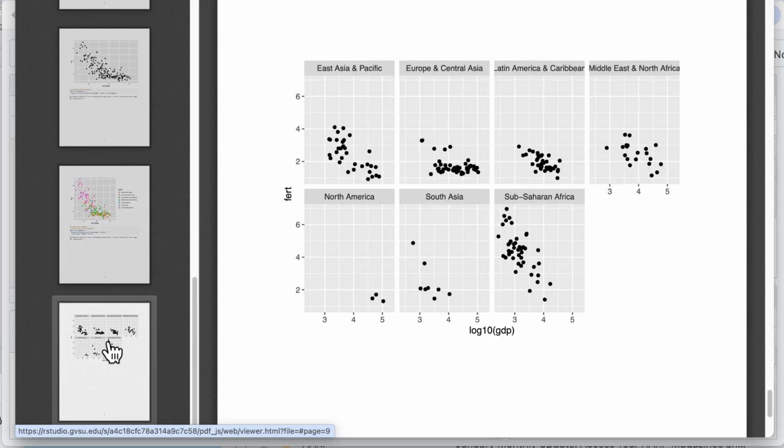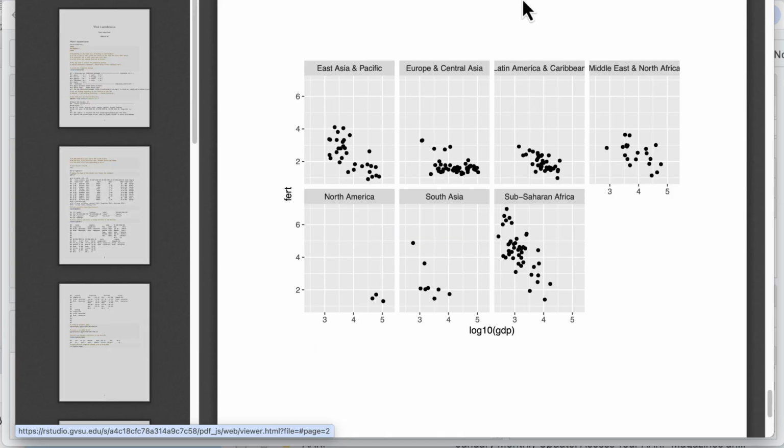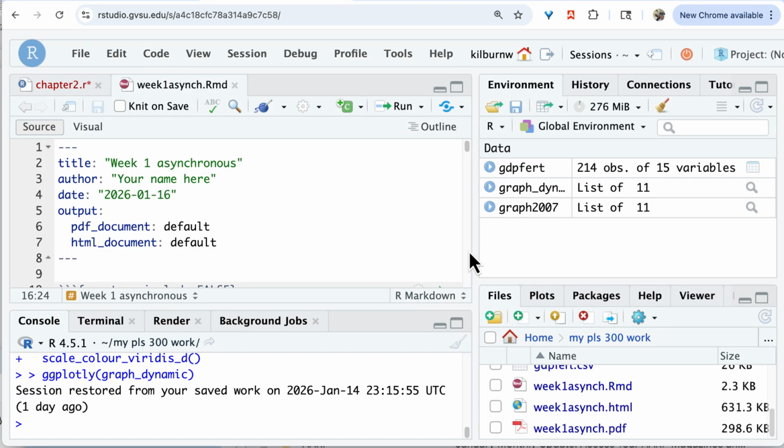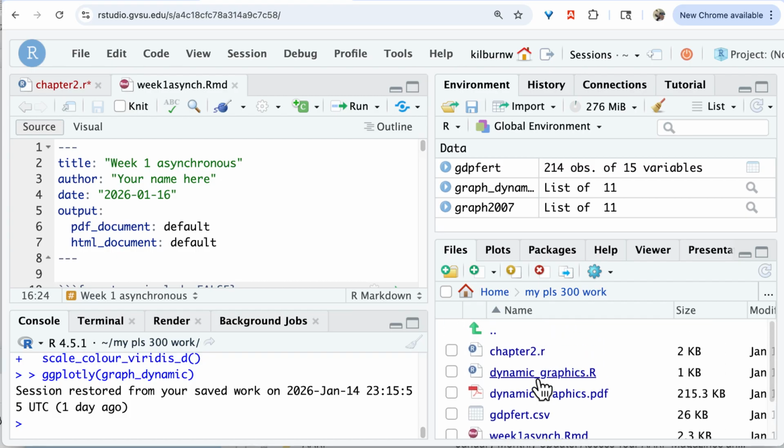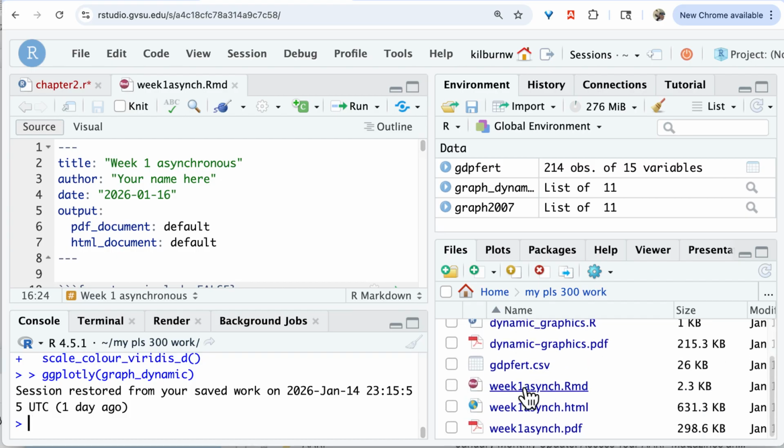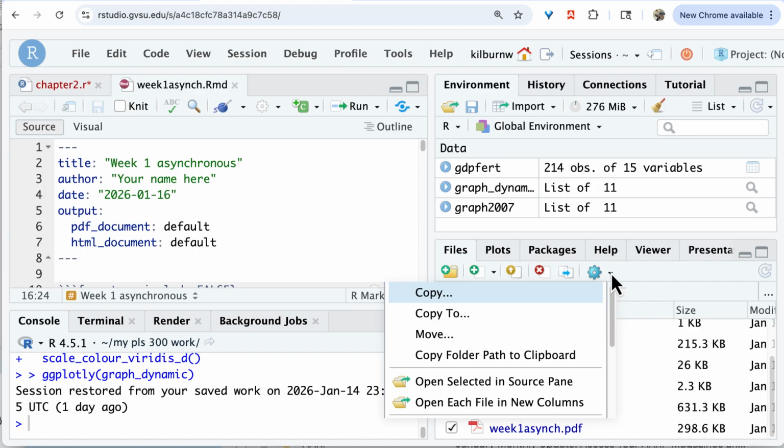All right, and so this file is what you're going to be submitting to Blackboard for credit. So you're going to find this file. You can see here's that RMD file, here's the output that we created. You're going to select the PDF, hit this button right here. Wait, let me see. Hit the